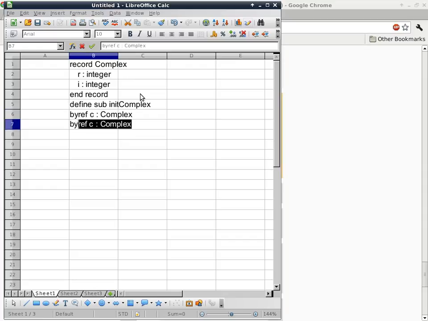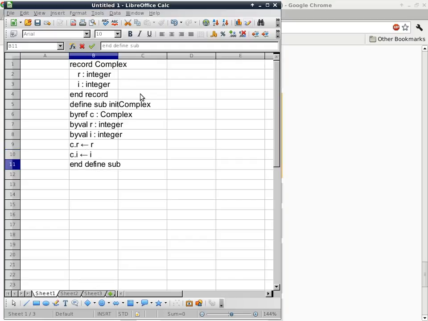And then you also want to specify by value, what is the real number part of that complex number, and also what is the imaginary part of that complex number. The subroutine is really easy. All we want to do is to say C.R gets the value of R, C.I gets the value of I,